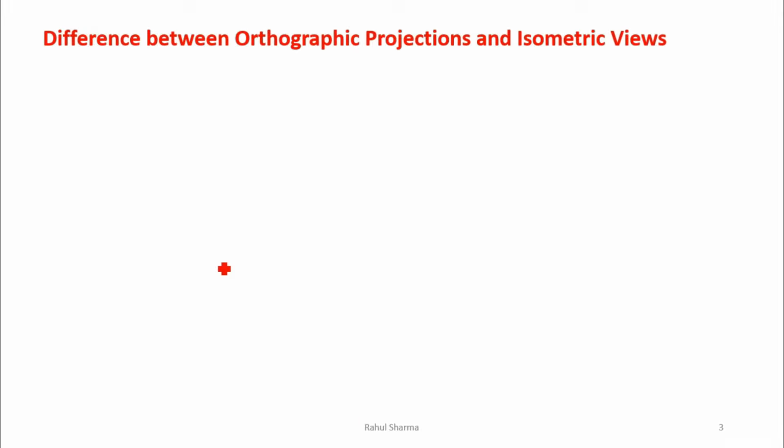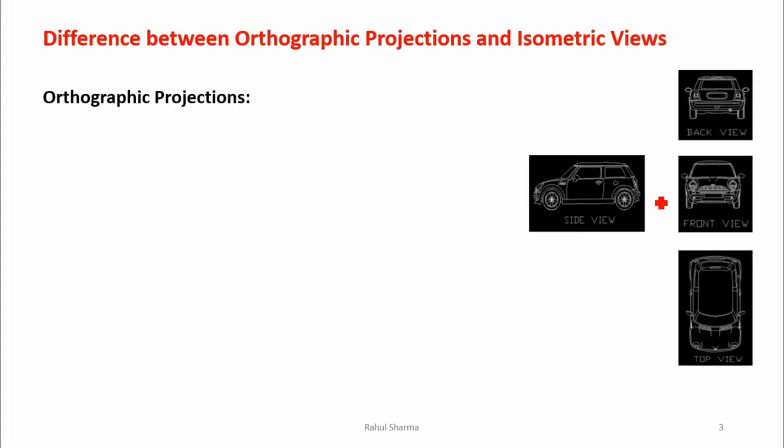So what is the difference between orthographic projection and isometric views? I'll give you few points of both and then it will be very clear. In orthographic projection, if you remember, I have given an example of a car. So this is the front view, top view, side view, back view, a different view. Means when we have to design a car, we have to design it in different views, how it is looking from the top view, how it is looking in the front view. So in orthographic projection, minimum three views are required. If I give you only the front view, the complete information will not be available only from the front view. So we need the top view, side view, means minimum three views are required to explain the